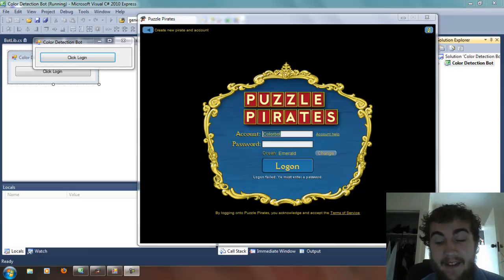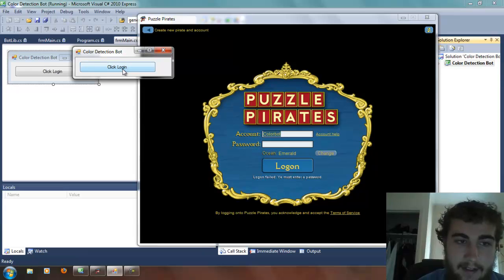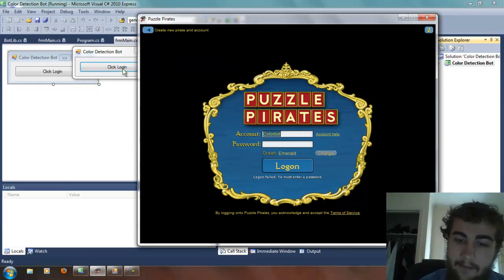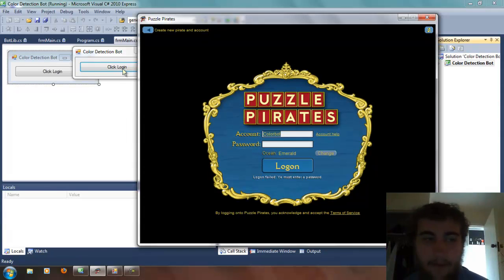Hello guys, this is Notion 75 from botsupply.com, and in this video I'll be showing you how to make your very first color detection bot. We will be making this simple color detection bot that clicks the login button on Puzzle Pirates, as you can see. I thought it'd be a good way to start off by telling you exactly what a